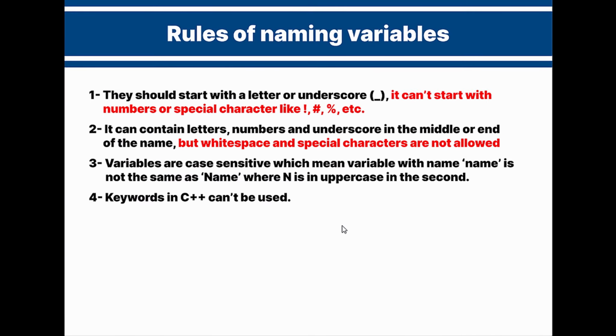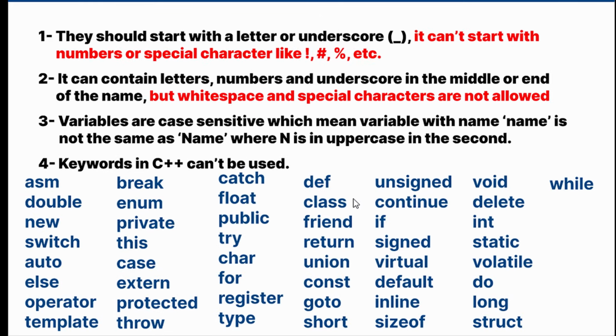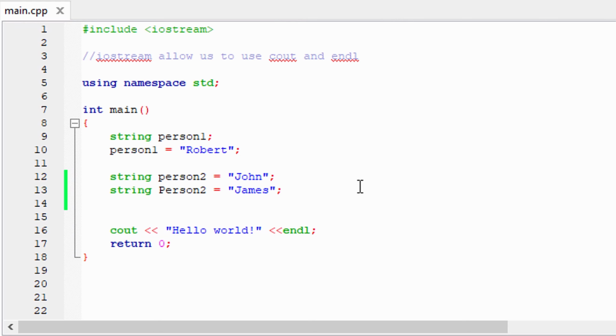Now, the third rule is to avoid using C++ keywords as the name of your variables. Some examples of keywords, or words that you must not pick as the names of variables, are those. But don't worry, you don't need to memorize those keywords. Let me pick one, like public, for example, and use it in an example in CodeBlocks. I told you that you don't need to memorize those keywords, because if we use it, for example, over here,